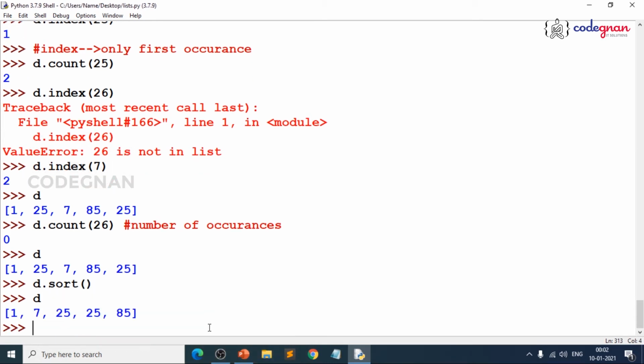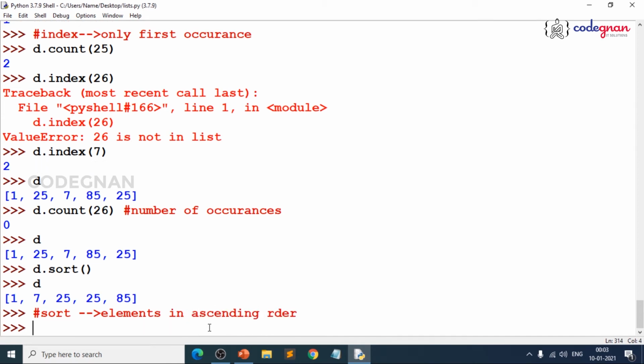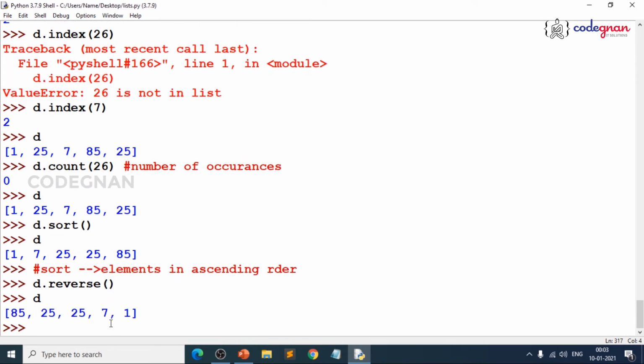When you sort the elements, you get them in ascending order, from lower to higher value, even though the elements are repeating. The word order is missing over there because I cannot edit it now, just make it easy. So, once you sort, if you reverse it, what do you expect? When you pass reverse, you get everything in reverse order. Do you conclude it is in descending order?